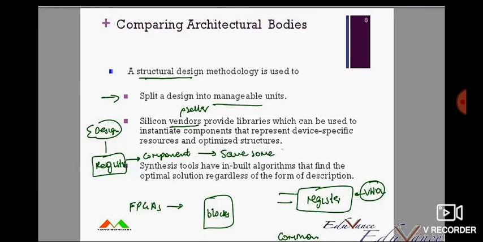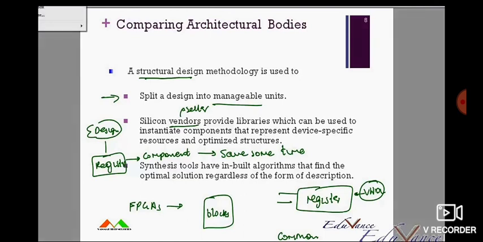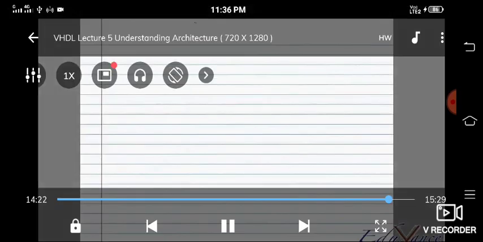So there are advantages to the structural style, but to be very clear, in the designs that you will make as future designers,